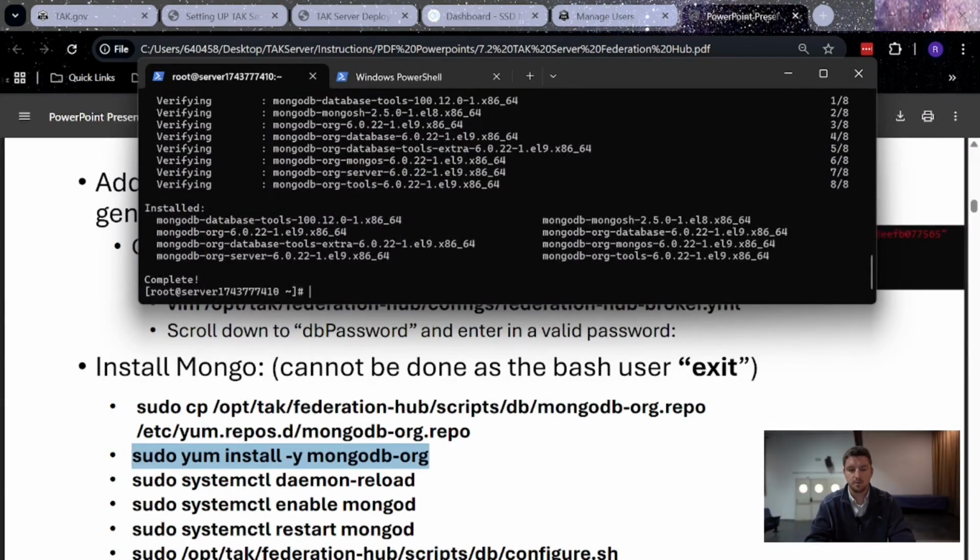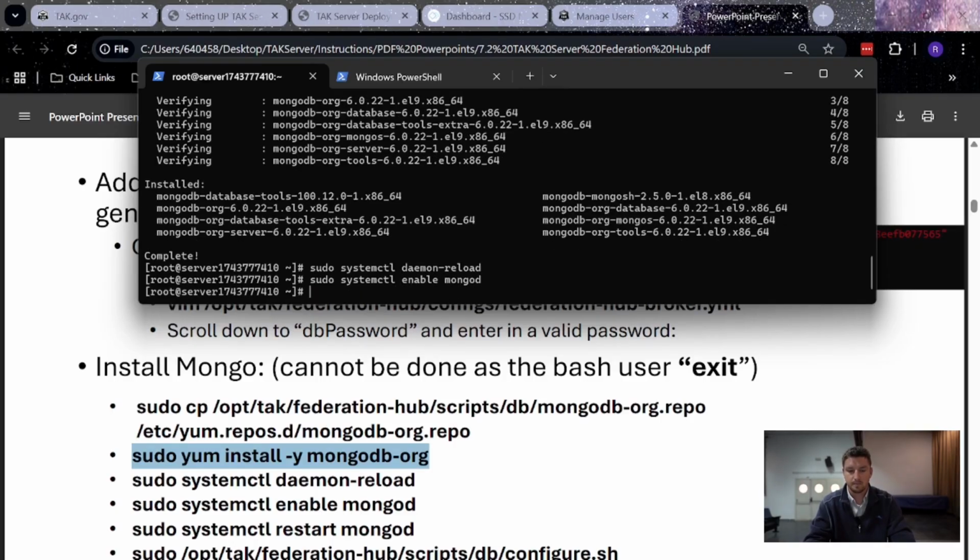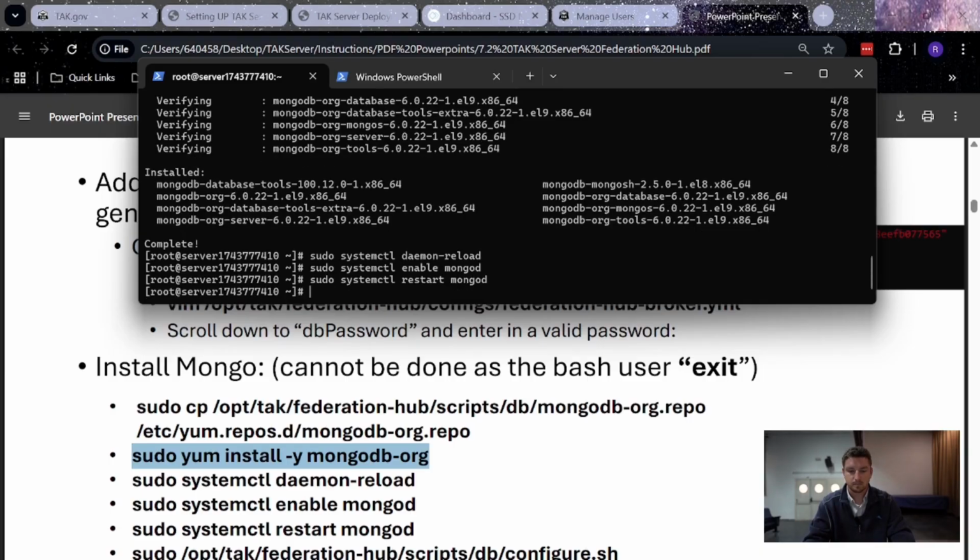Once the installation is complete, we need to reload our daemon by running the following: sudo systemctl daemon-reload. We then need to enable our database by running sudo systemctl enable mongod. After enabling it, we can restart the database to make sure everything's up to date. We now can configure our database by running the following: